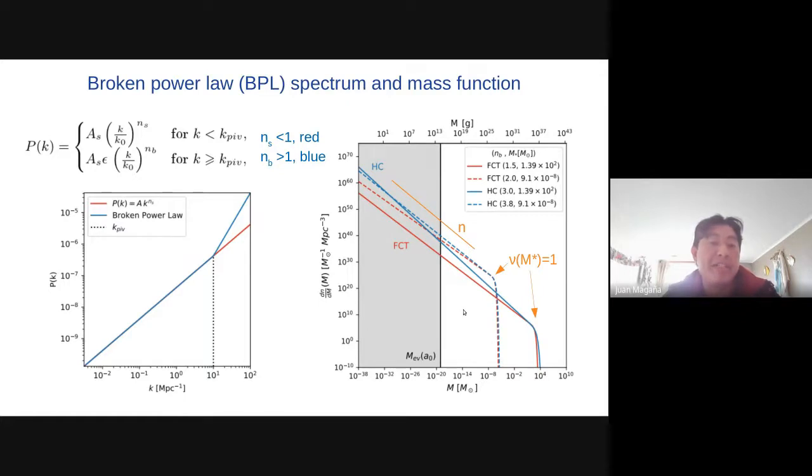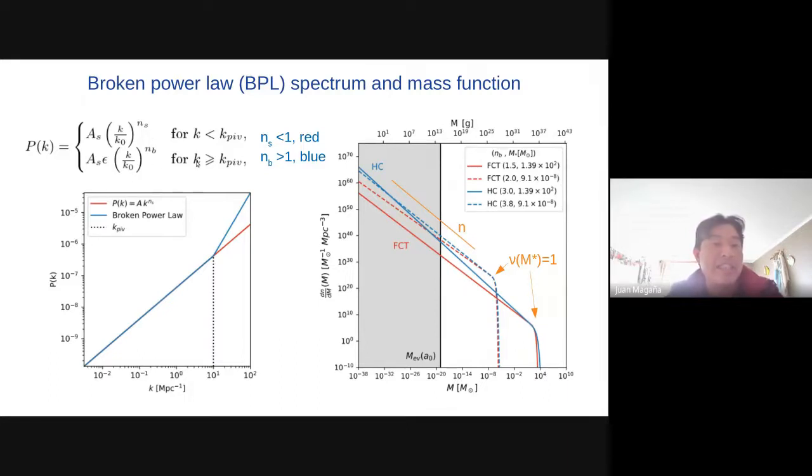In the papers that were commented on in the last session, we consider a broken power law spectrum. This is a piecewise function given by this formula. This is a power law with a red index for wave numbers less than a pivot wave number k_piv, and for wave numbers greater than this pivot wave number, this exponent becomes blue.